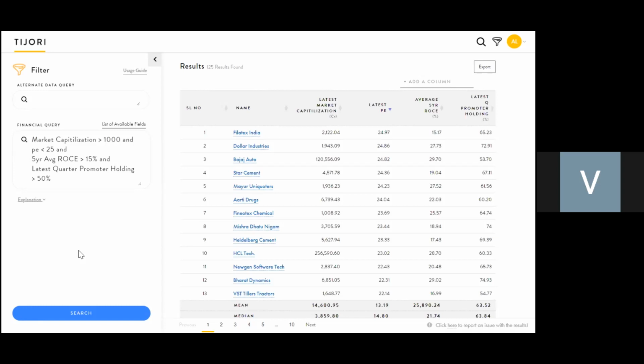Okay. So just to sum up, we have an alternate data query and a financial data query. There are these 2 boxes. You can type any of these companies here. Actually, let me just show you one last type of query or one last type of functionality here. It's a little bit advanced, but you can use operators to write any type of query you want. So say I can do market cap divided by sales or say net sales. For more accuracy, always try to put it in brackets and say I want it to be less than 5.